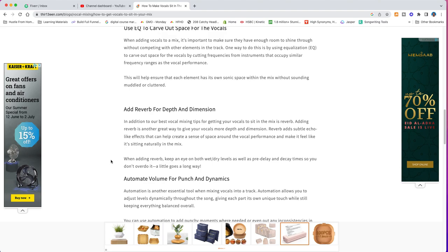Okay, I was mixing a record yesterday and the beat was very 50 Cent-ish, the instrumental was very 50 Cent-ish, early 2000s, boom boom boom boom boom boom boom. It had that sense, and it had no reverb on the beat. So by adding reverb to the vocals, it allowed the vocals to open up. Whereas when you have an instrumental that is very OVO maybe sound,